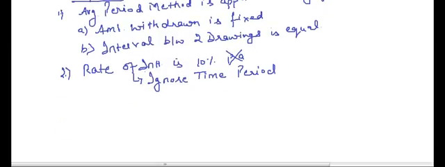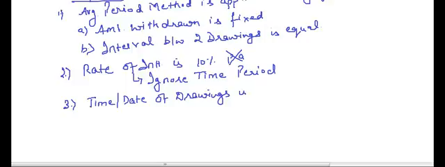Note these points. These are very important because these points can be really tricky while doing questions. If it is given that the rate of interest is just 10% without the words per annum, then ignore the time period. Next point. If the time, or I can say the date of drawings, is not given, that is, it is not said whether the drawings are made in the beginning of the month, in the end of the month, or in the middle of the month, it is just said that the drawings are being made,